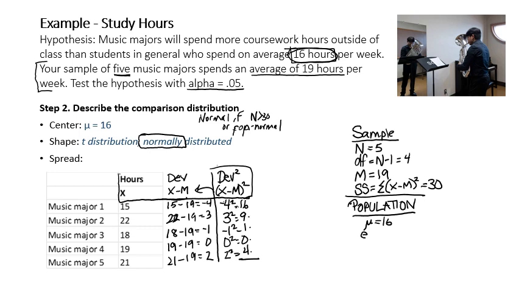So the estimated variance is simply the sum of squares divided by the degrees of freedom. So we used to take the sum of squares and divide by the number in the sample, sort of taking the average of the squared deviations, but now we're dividing by the degrees of freedom, which is 30 divided by 4, which equals